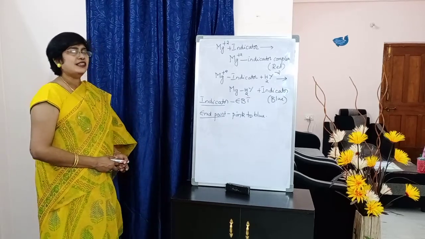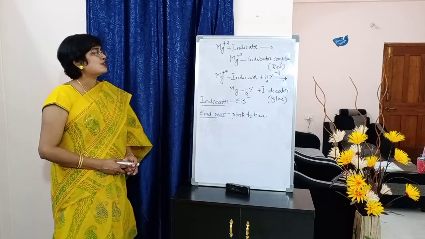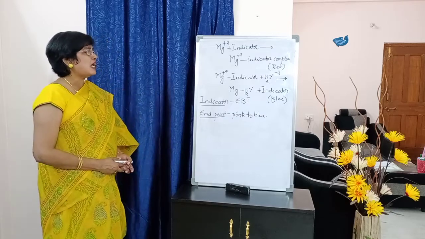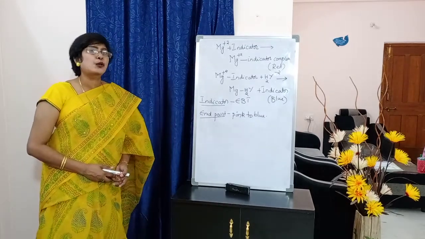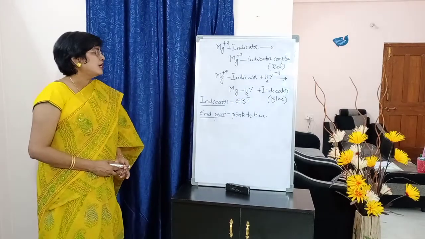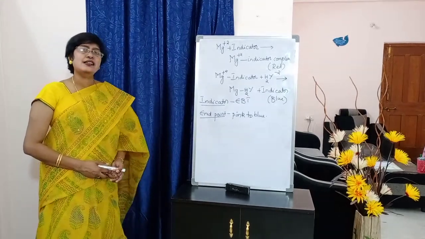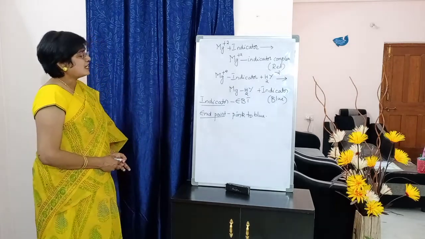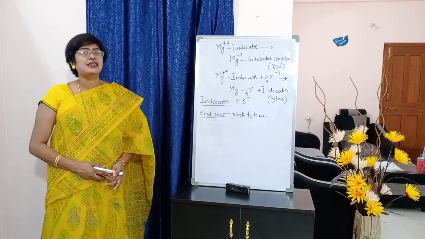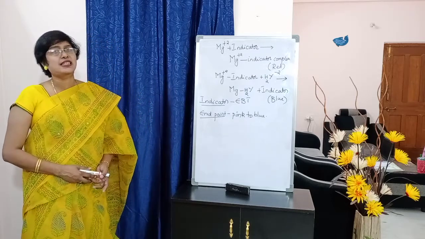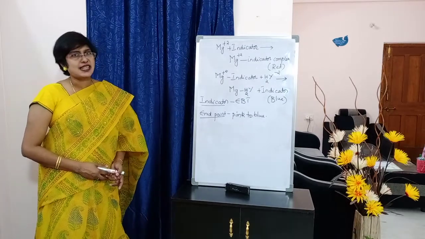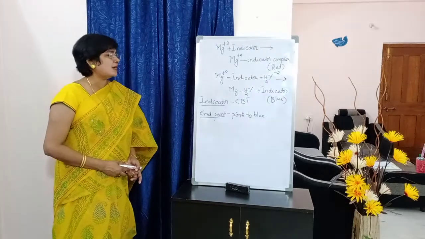So here also we are writing that Mg plus 2 indicator plus H2Y minus 2 gives rise to magnesium EDTA complex plus indicator which is blue in color. So starting with the red, ending with blue. Below on the left side write down, students, indicator EBT, next end point pink to blue. Generally it should be red to blue, but in the labs while doing the experiment it seems to be just a light red color, that is why we write it as pink color. So this is all about the principle, students.